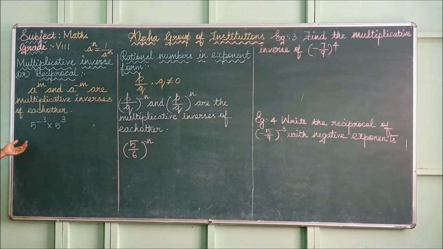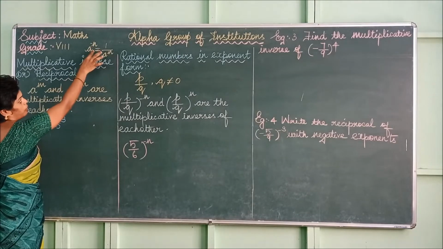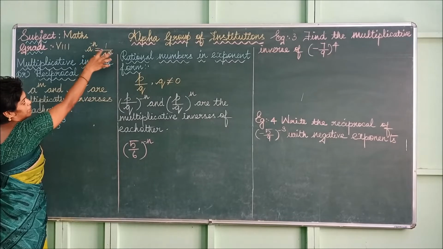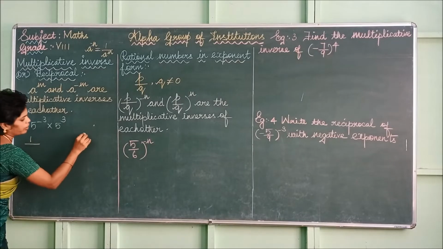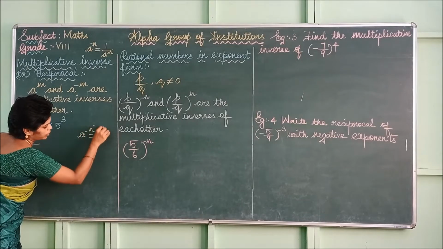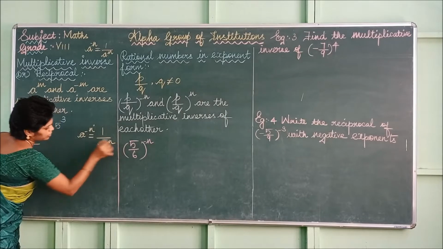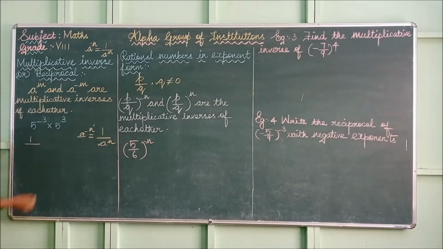each other. So look at one example, 5^(-3) into 5^3. So we can interchange and write any one of the values. So we can interchange and write this first value. This is in the form of a^(-n). If it is a^(-n), we can write 1 divided by a^what? n. So 5^(-3) can be interchanged using the formula a^(-n) which is equal to 1 divided by a^n. So if it is negative, it comes in the division as positive. 5^(-3) becomes 1 divided by 5^3, into 5^3.